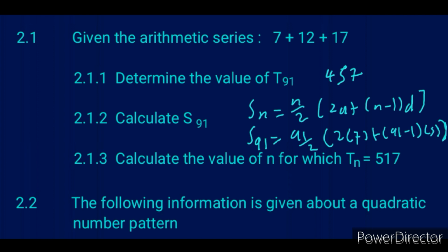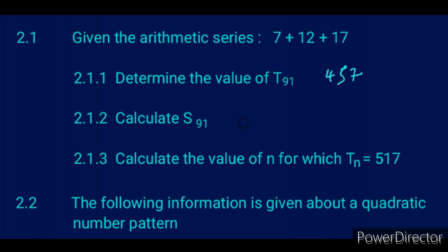So the answer will be 2,112. So we have 2,112. So we found the answer of the second one. Let's move on to the third one. So far the answer of the second one is 2,112. So now the third question says calculate the value for which Tn is